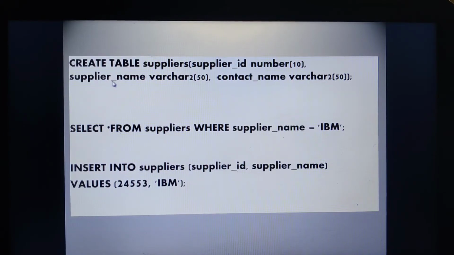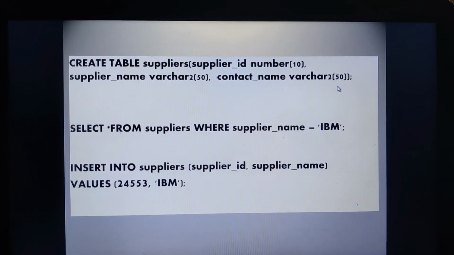Then one more column I am including is the supplier name. Then one more column I am including is the contact name. So by using the SQL command create, I have created a table known as suppliers. I hope you are able to understand. So this is how I am able to store the data in a database. I am able to create the table.